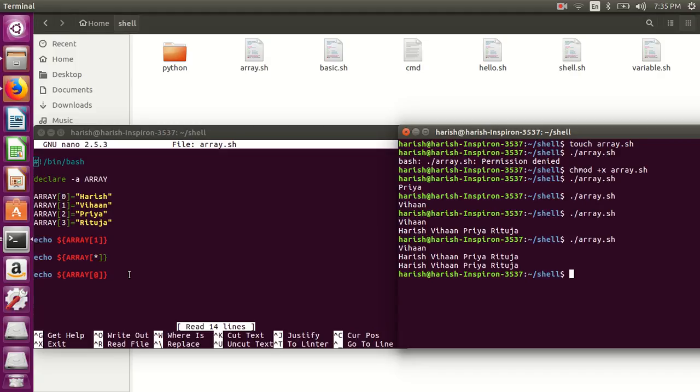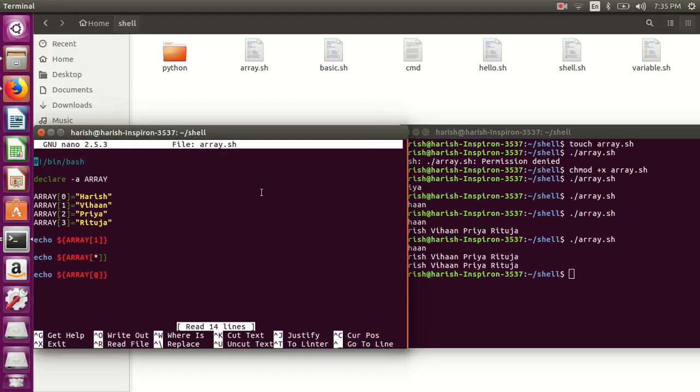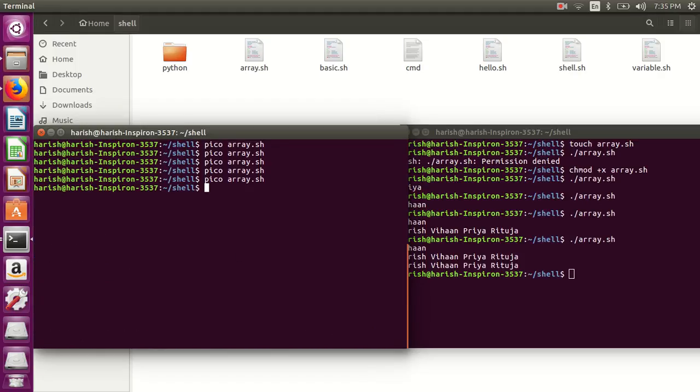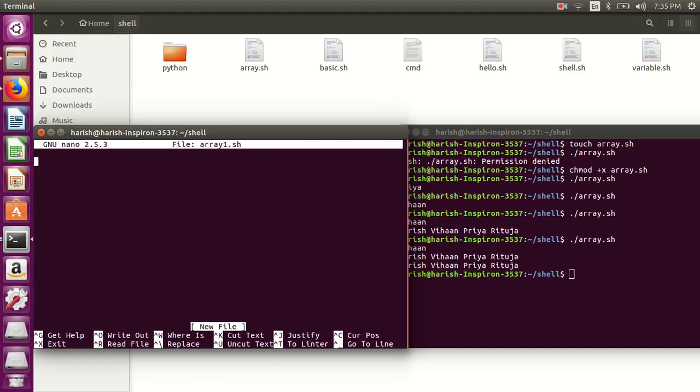One more example I'll take, a second example. Suppose pico array1.sh. So here again shebang bash. Now suppose array is equal to